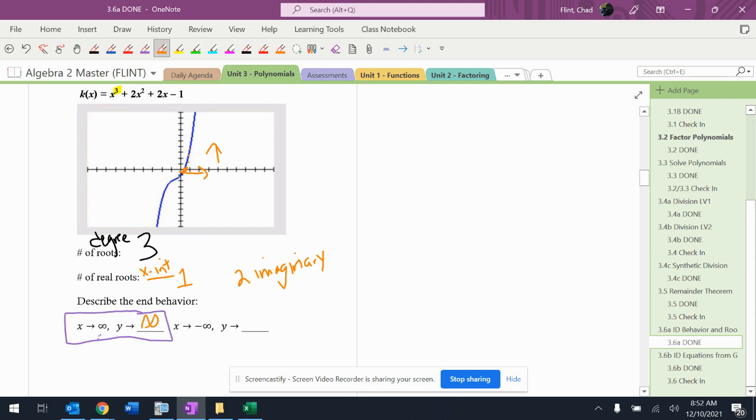And then it says as x gets small, so as x gets smaller and smaller, what happens to the y? Well, the y is also going down in that zone. So the y goes to negative infinity. And these are typically little explanatory questions where you get a couple of points for answering this stuff right. They're also mixed in with other questions. We want to be able to use this more so that we can build our own graphs when